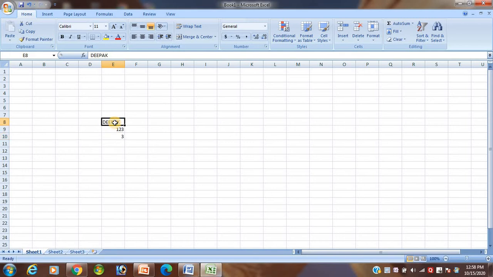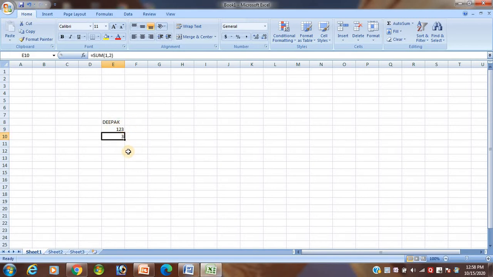You see, here I have inserted the text, and the text has been displayed in the formula bar. This one is a number, and the same number has been displayed. But when I click here, the formula is displayed. Yes or no? Is that clear, students? In this way we can insert data in Excel. Those are the three ways: text, number, formulas.